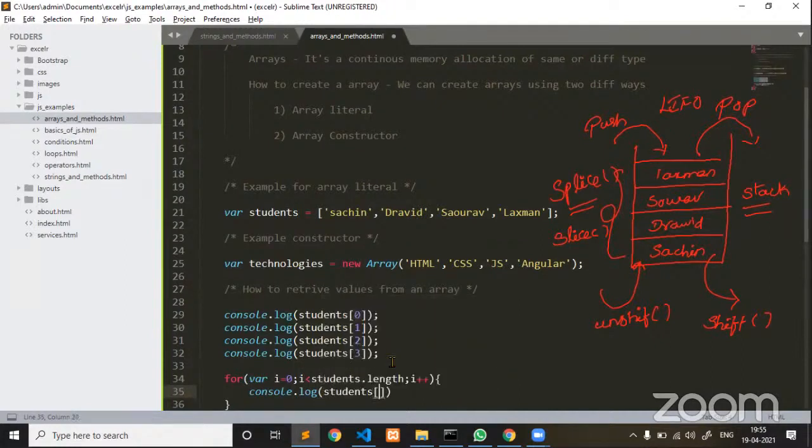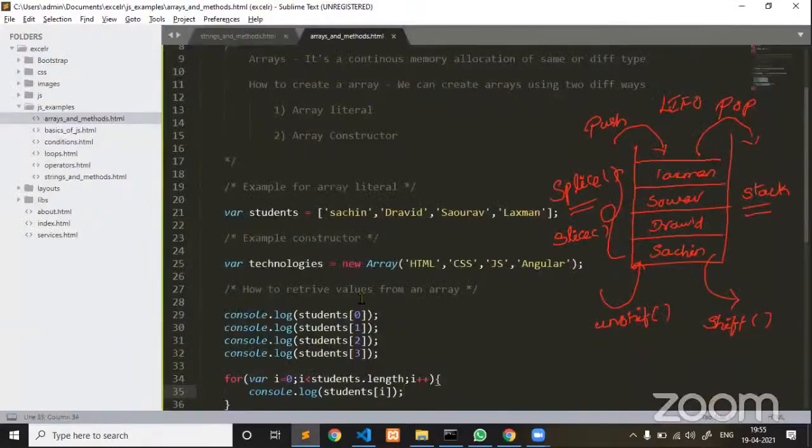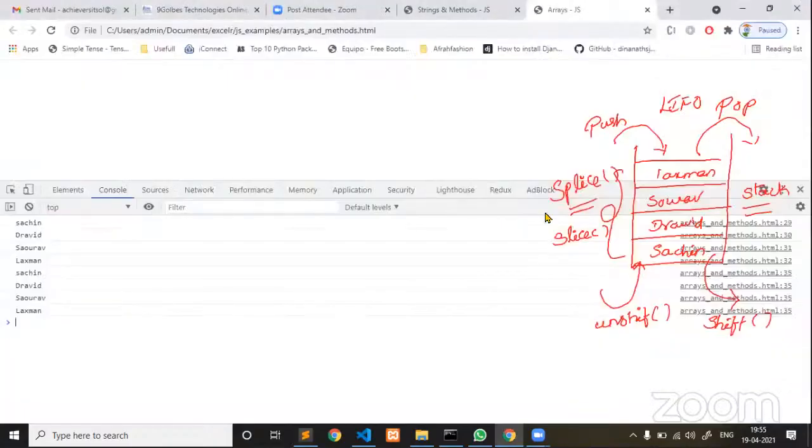students of i value, and in each iteration i is going to increment, so that tomorrow, no matter if any new additional value comes into the picture, this loop is going to execute. Now if I'm giving only my name, and I try to add one more name, this loop will handle it. Whereas in the normal manual way of reading values from an array, those new values are not printed.